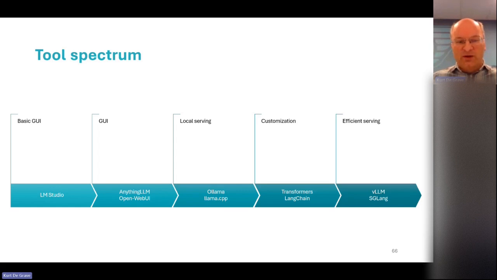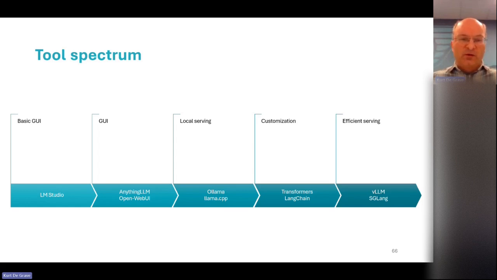If you want a GUI with more features, where you can configure your system prompts and you can load specific models and you can have all kinds of customization, then AnythingLLM and Open WebUI are good choices.